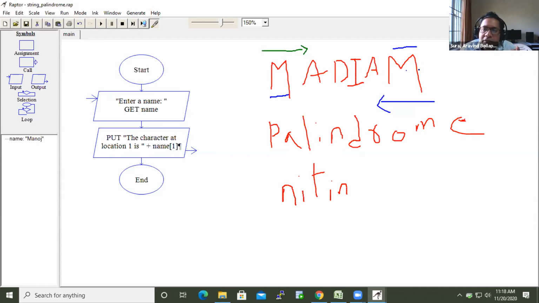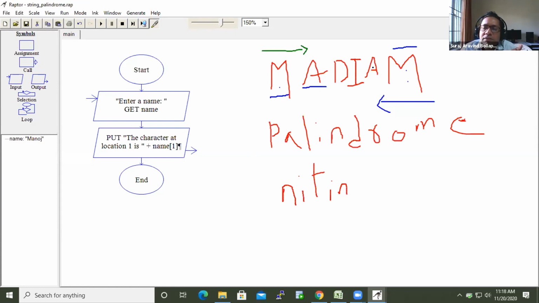Now, how do I get the ending point? I can count the number of characters, or use a size attribute, because a size attribute is there in an array. But when I check it here, there is no mention of size, so I have to check. I compare this character with this. If they are the same, I increment my index value and come to the second part. The other index I decrement by 1.